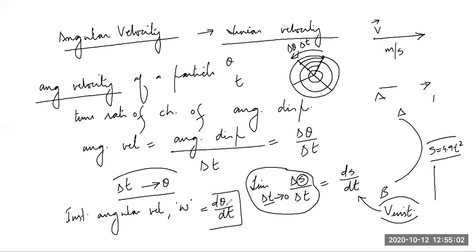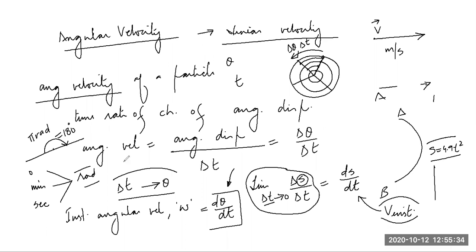Theta, whenever we use it in trigonometry or algebra, is never taken in degrees, you will take it in radians. And you know that pi radians is equal to 180 degrees. I'll give you the link of another video on how you can convert degrees, then the smaller angle minutes, and still smaller angle seconds, into radians. You see that also. So students, what will be the unit of angular velocity? D theta is in radians, dt is in time, so it will be radians per second. This is your angular velocity. Okay, so this is done. Now, see, for rotation about a fixed axis,